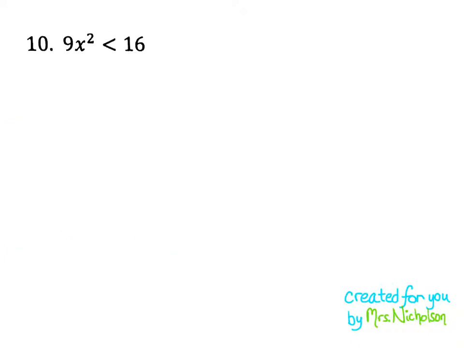Let's move on to the next question. Again, we've got another inequality here. We're going to get everything on one side. 9x squared minus 16 less than 0. And to factor this is just a difference of two squares. So that's going to be 3x plus 4 and